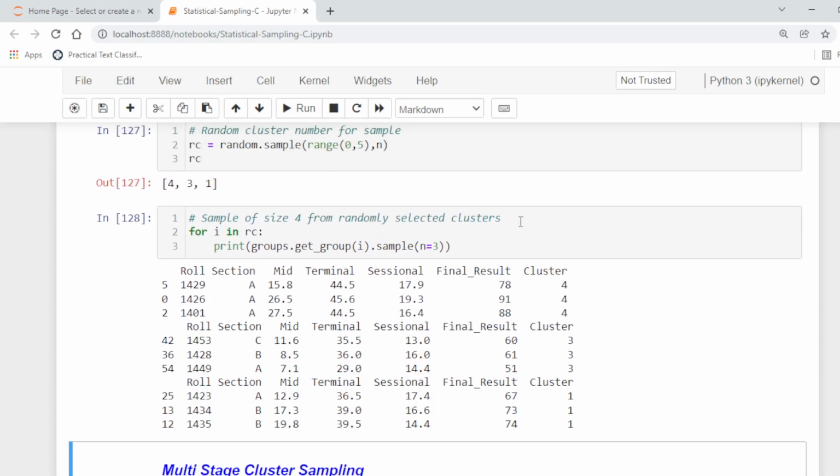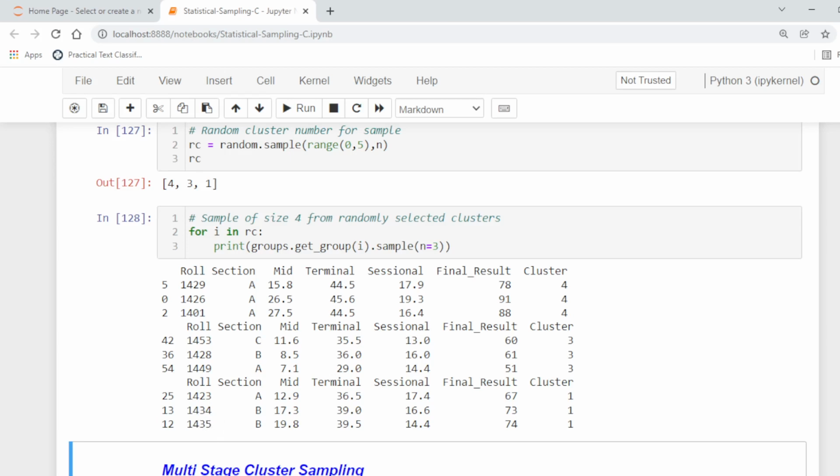Here we have selected 3 members from the 3 clusters randomly. This is the members of the first cluster, which is 4, this is the members of the second cluster, cluster number 3, and the last one is cluster number 1. So from each cluster 3 members are selected.